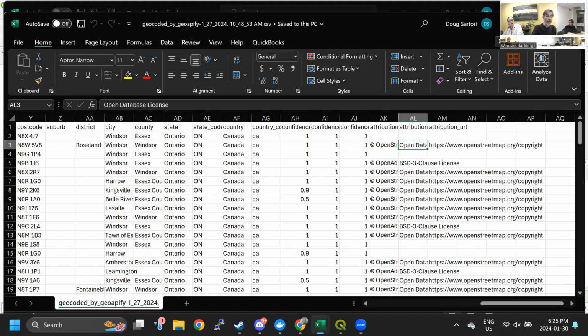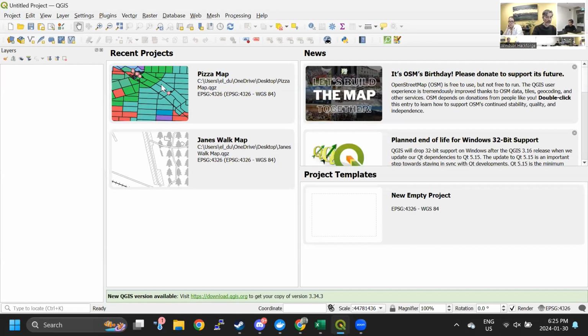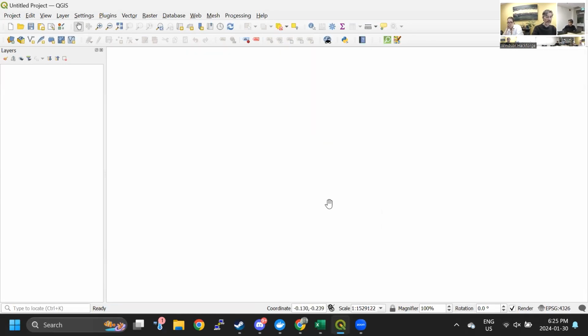Yeah, pretty neat tool. So once you have the list of pizza places with latitude and longitude, you can go ahead and place that on a map. So we have a finished map that I'll show you later, but let's just start with an empty one so that you can see the process. In